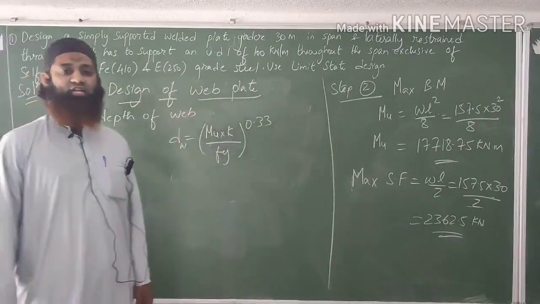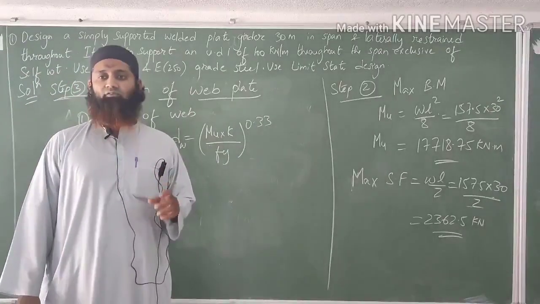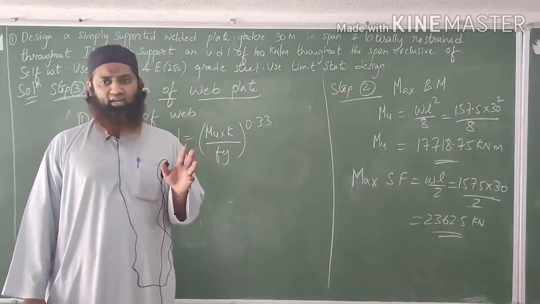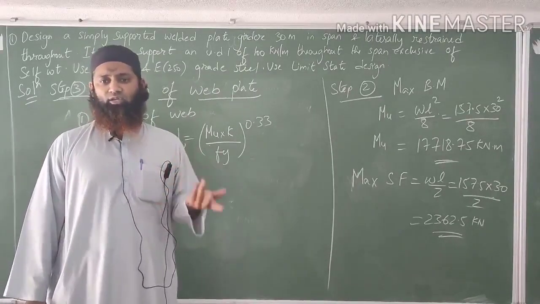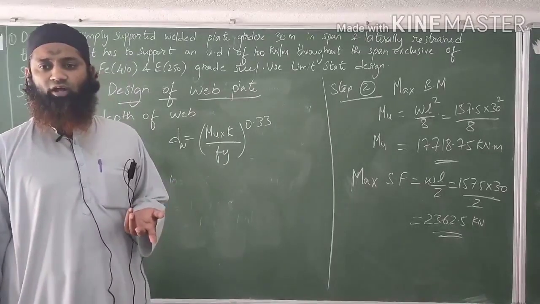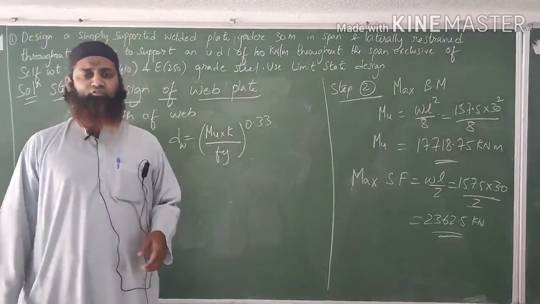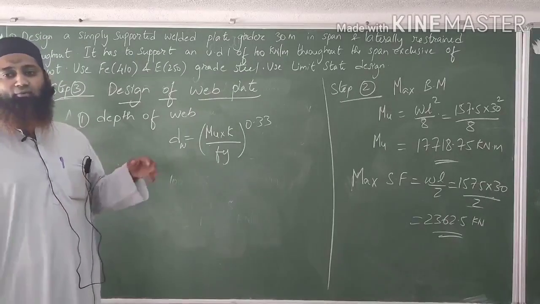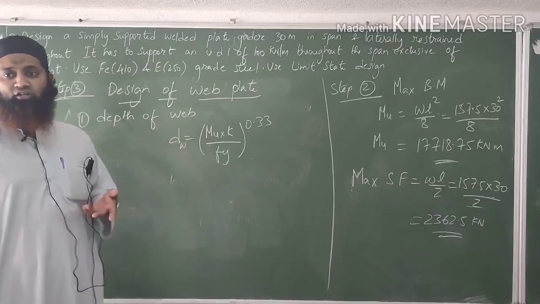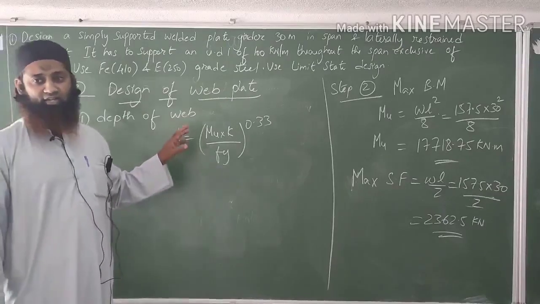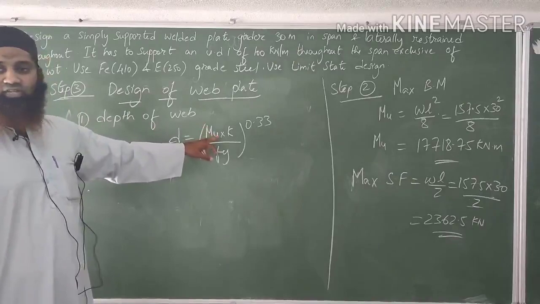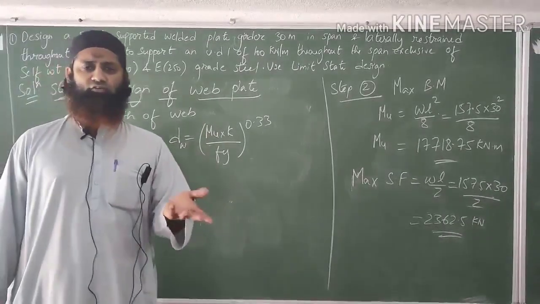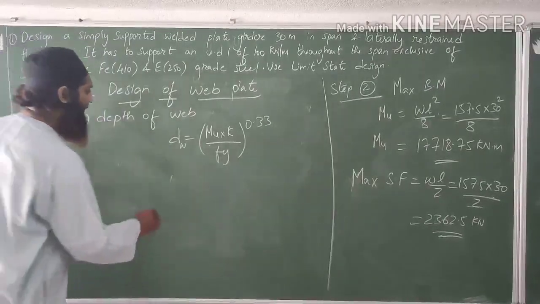Now K is a constant term here. We can take either 100 or 150 or 180, it depends on what we want to take. Here K can be 180 mm or 150 mm or 100 mm. Hope it is clear till here. So here we will be taking the K value as 150 mm.